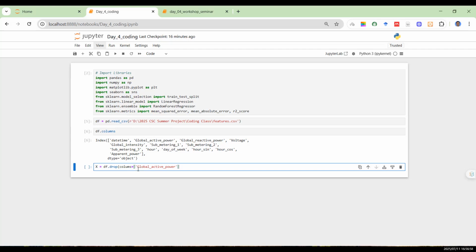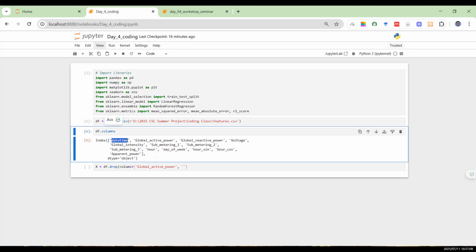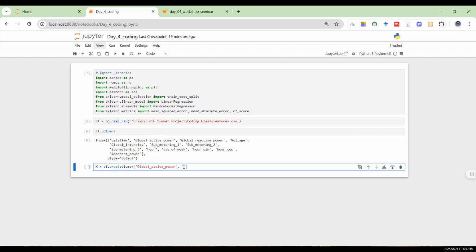And then the next thing is we also want to drop the date time column. So that would be this. We need to drop this as well. All right, so once this is done, we introduce the closing parenthesis. So once we run this code, then this will automatically create for us,